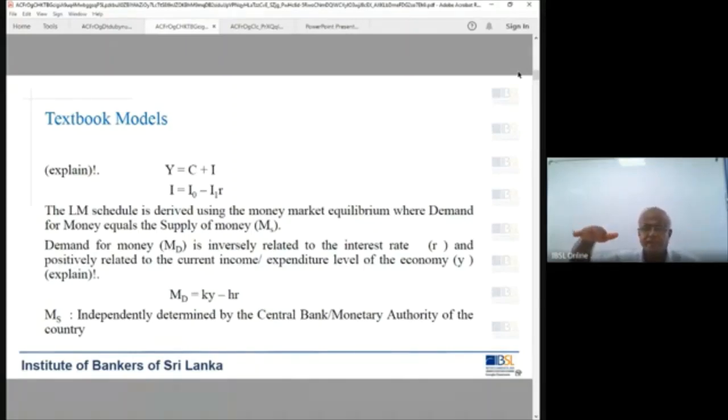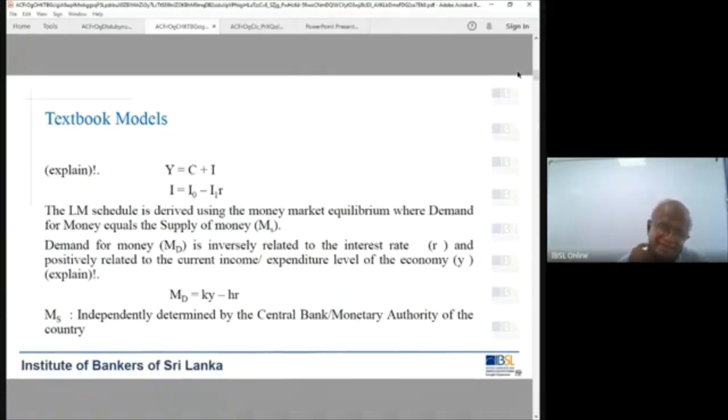The richer the people, the higher the demand for money. You have so many other commitments, so the demand components increase: transaction demand, speculative demand. To meet these social obligations, maybe you need more and more money. Therefore, when income increases, in the case of individual household income increases, demand for money increases. Like that, in the case of GDP, when GDP increases, overall demand for money increases.